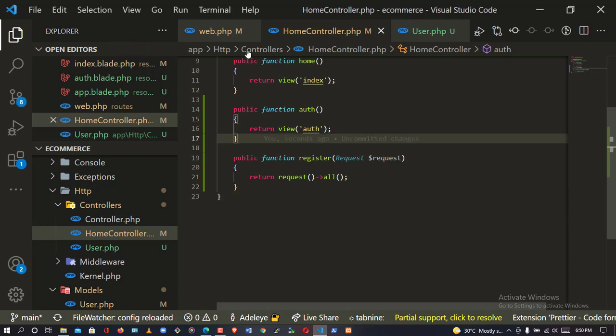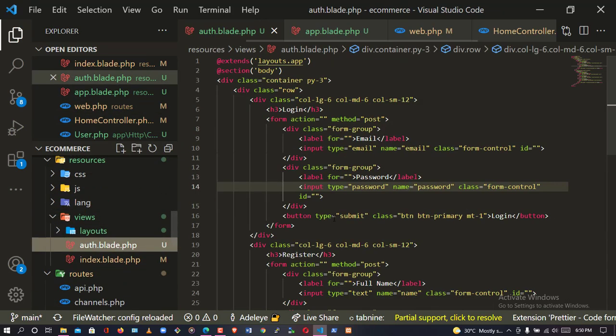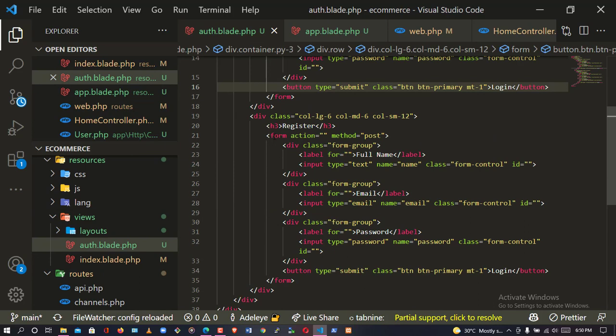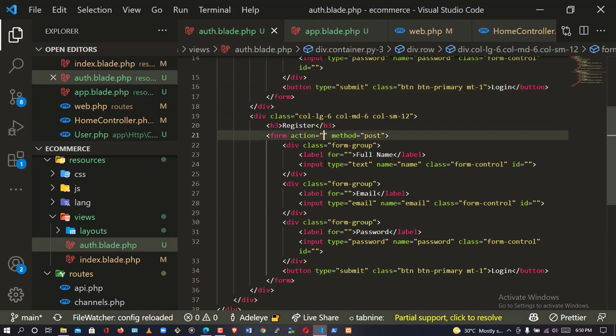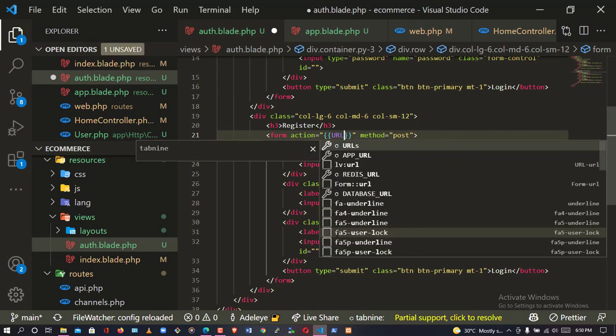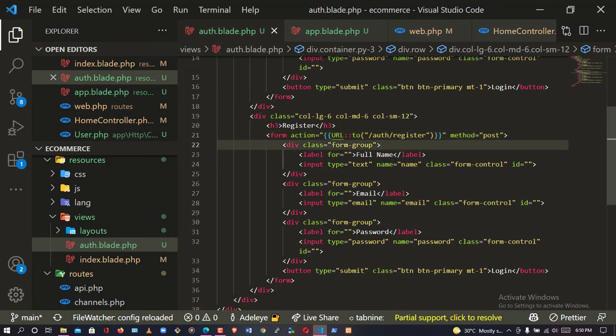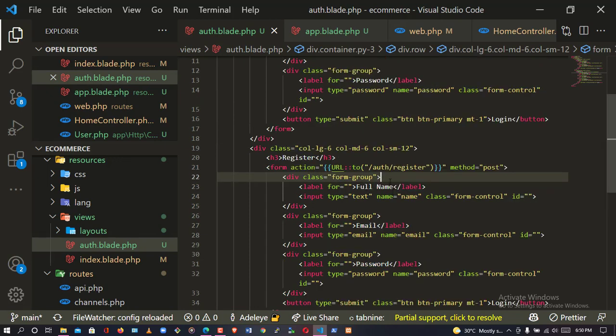So to debug that, we need to do something like that. I'm going to copy this URL, then go to the alt.blade.php area, then locate the register area. The action here is going to point the URL to this place. So URL to where? To alt/register. So this is where I'm pointing to, but by default using this kind of route might not take effect